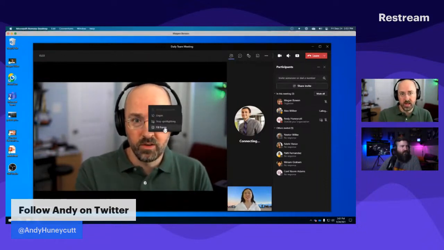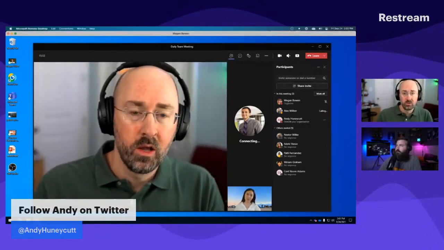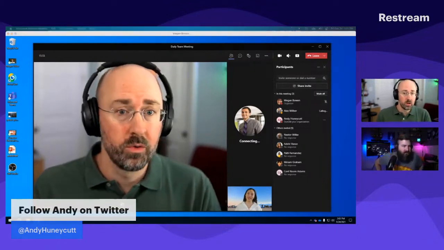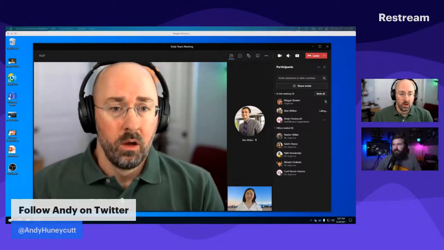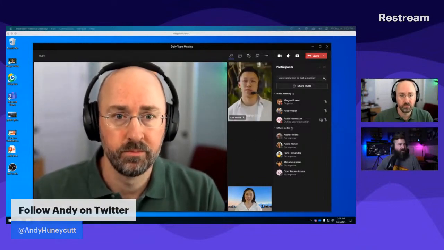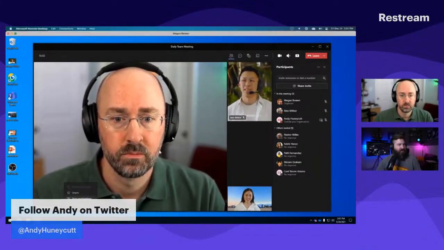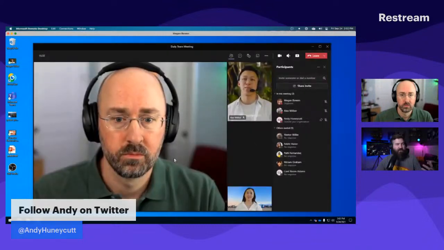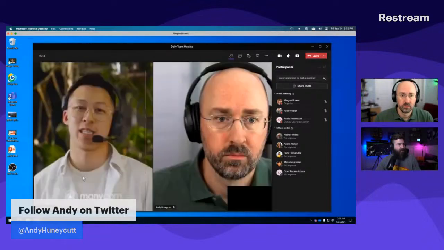Right and left inside of that little window there, and you can focus in on what you want to focus in on. Yeah. So I'm adding Alex Wilbur to this, and you can see here. This is the default. I'm going to stop spotlighting. This is the default. I got to unpin you as well. Let me click on the pin.